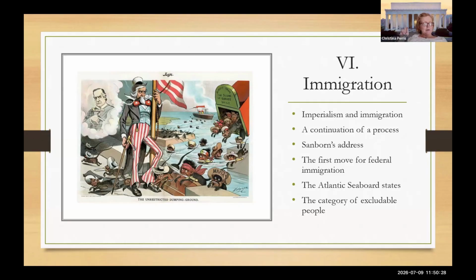Immigration might bring some benefits, but it also introduces disease, ignorance, crime, pauperism, and idleness. Sanborn thus advocated federal action to stop indiscriminate and unregulated immigration. Sanborn's address was aimed at restricting only the immigration of paupers from Europe to the East Coast, but the idea